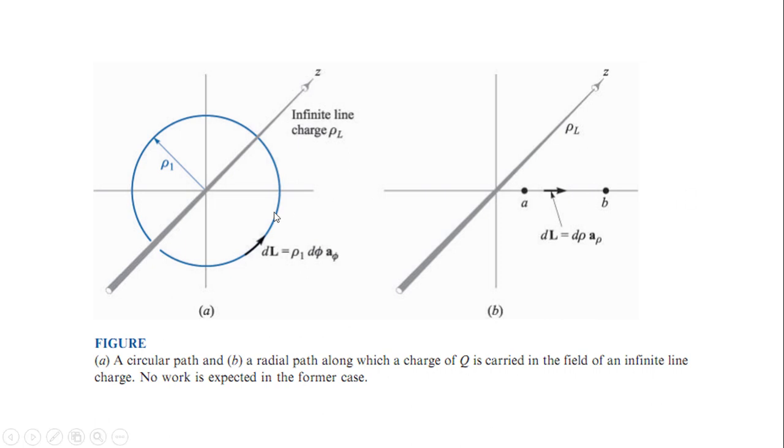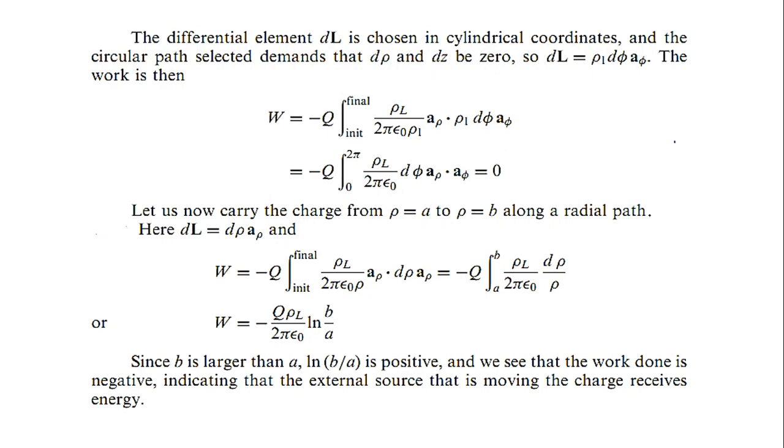Over this circular path, I will take a charge of q coulombs and move it from point A towards point B, and I will calculate the work done. So I will evaluate the line integral, because the work done is equal to minus the integral of q E dot dl, and the line integration of E dot dl, as we had calculated in our last class.